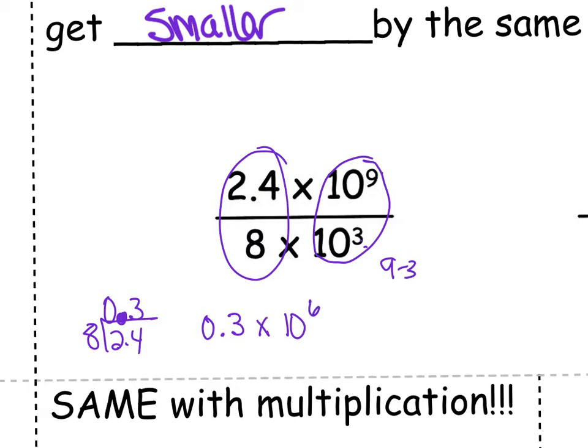So now, this number right here, my A, is not equal to or greater than 1. It's less than 1. This decimal has to come 1 over. So if I make this 1 greater, that means I have to multiply by a power of 10 that is 1 less than that. So my final answer is 3 times 10 to the 5th. So again, because I'm making this 1 greater, I have to multiply by 1 less.